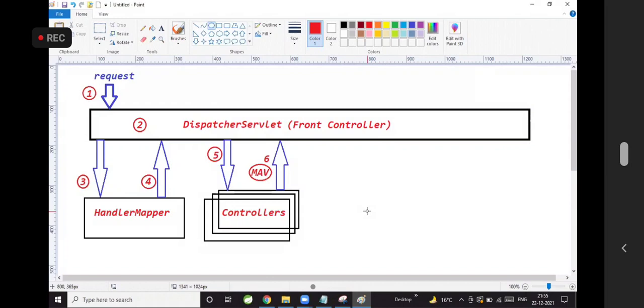Are you clear with this? Up to 6 points, 1, 2, 3, 4, 5, 6. Or are you not able to understand?